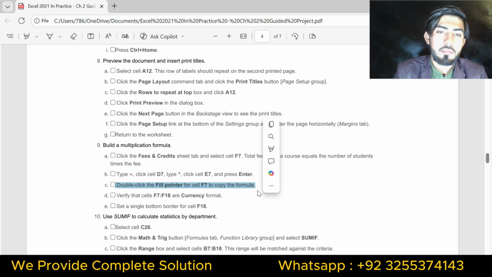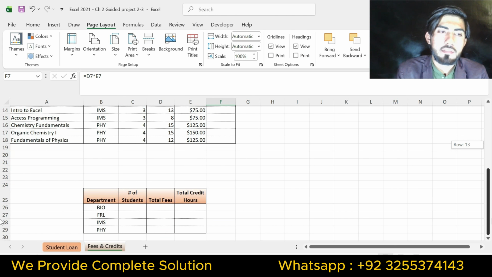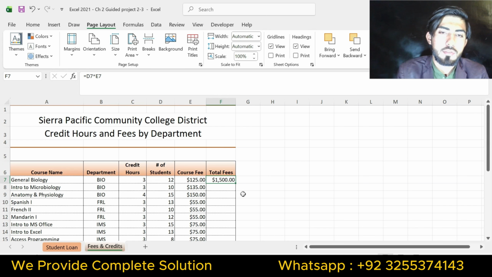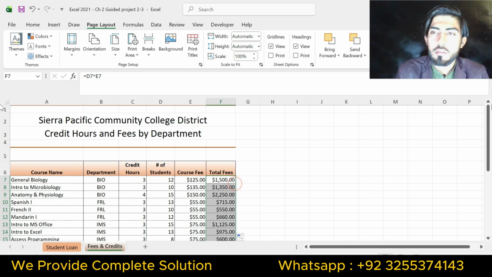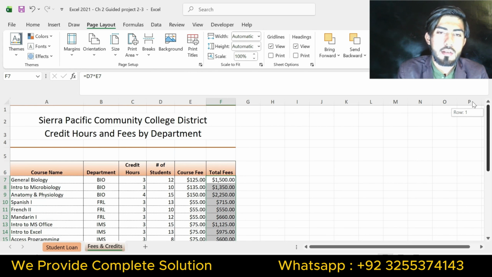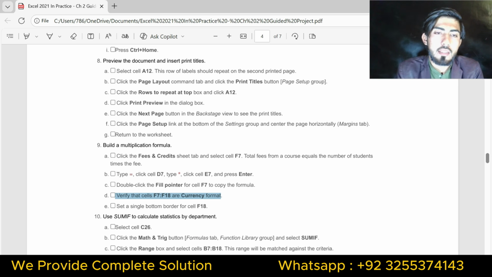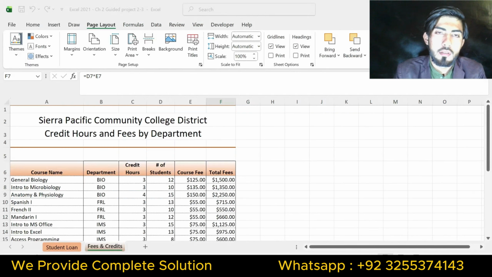Part C is double click the fill pointer for cell F7 to copy the formula. So I will use the fill handle to copy the formula from F7 to F18. Part D is verify that cells F7 to F18 are in currency format.